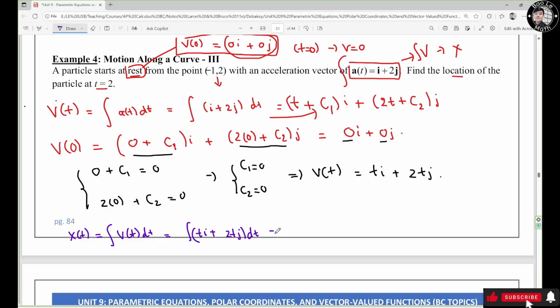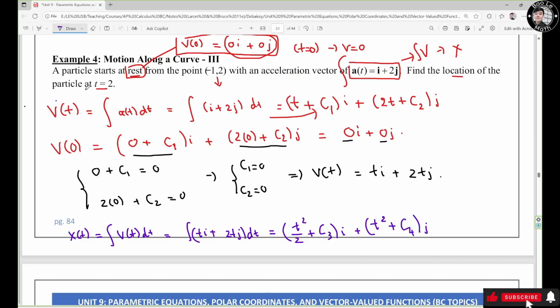So it's going to be t squared over 2. Don't forget to add c3, i plus t squared plus c4 j,